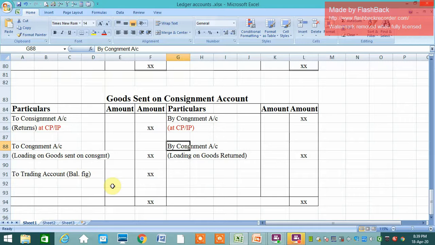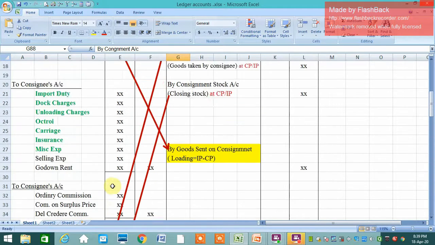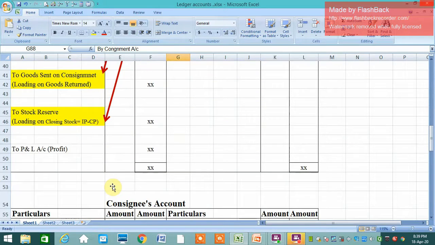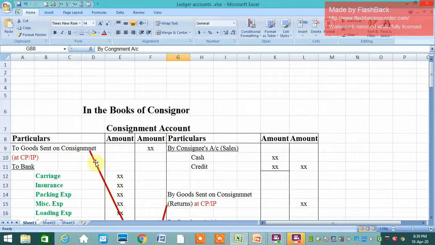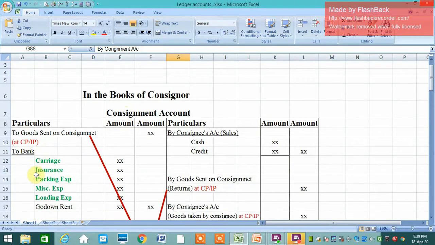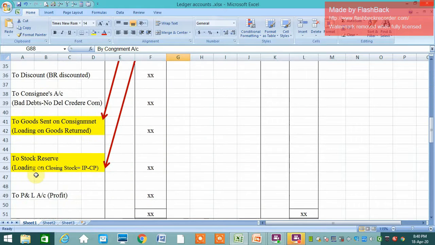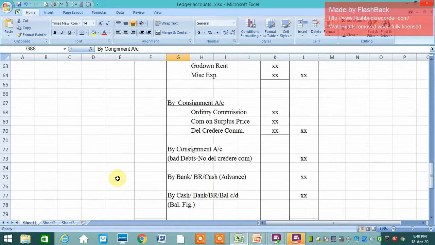Students, maximum problems you have to solve, so that only you will be able to understand the concept in detail and be able to solve in the exam. But through this video, I have tried to clear it out, and I have given you tricks also, about what are the items recorded on the debit side and credit side. Many problems are given in the Manan and Sid publication. You can go through those problems, solve maximum problems, and if you have any doubt, just ask in the comments.